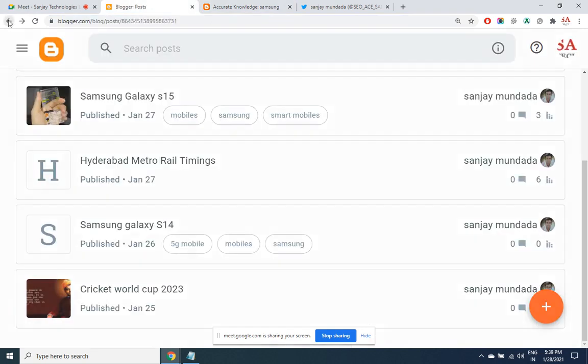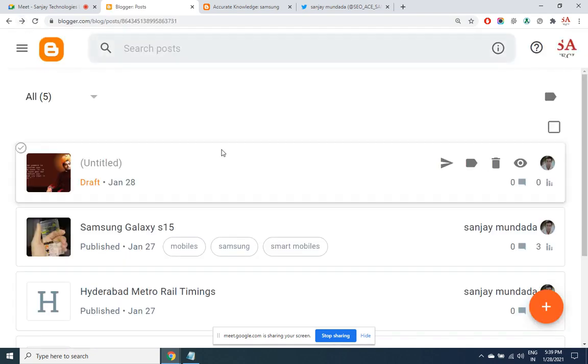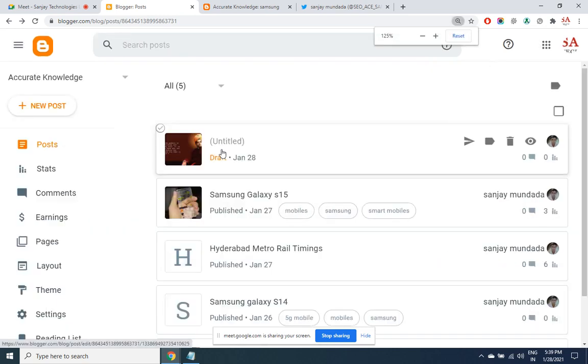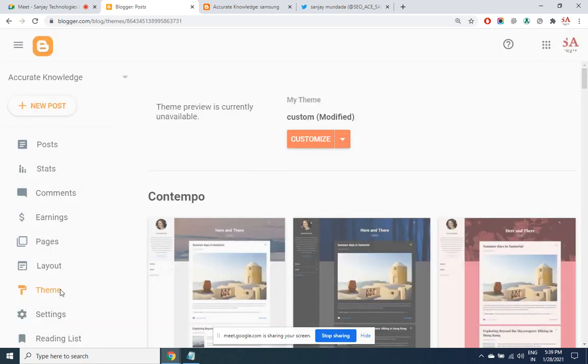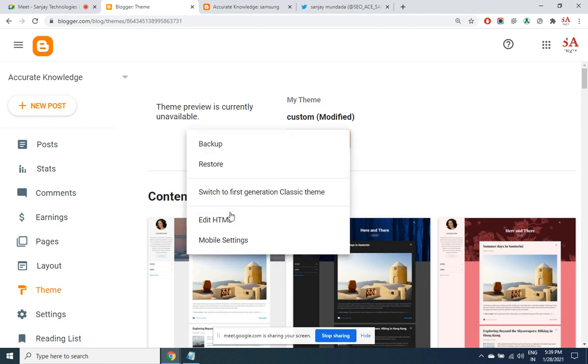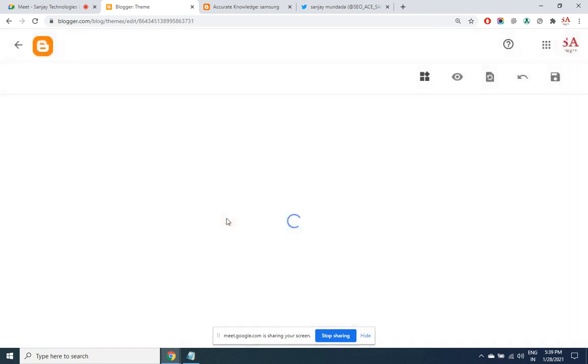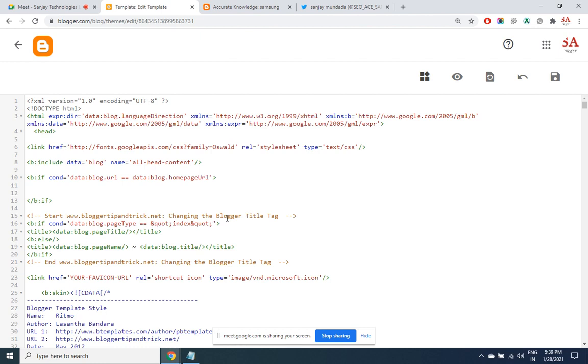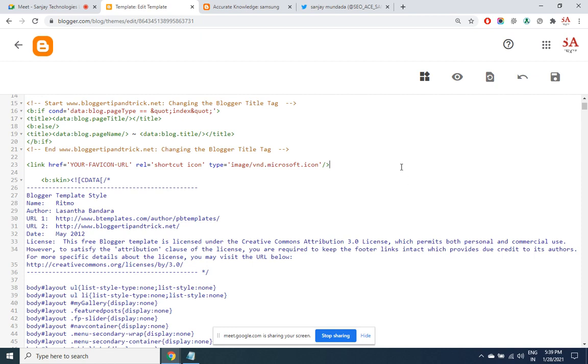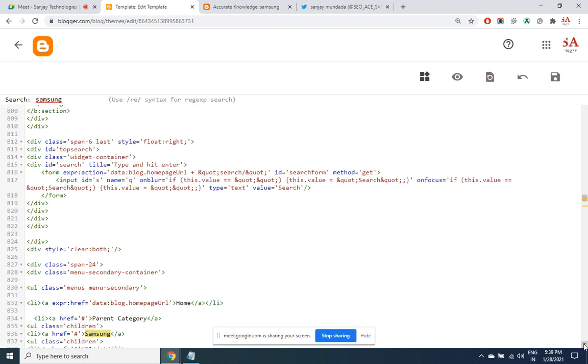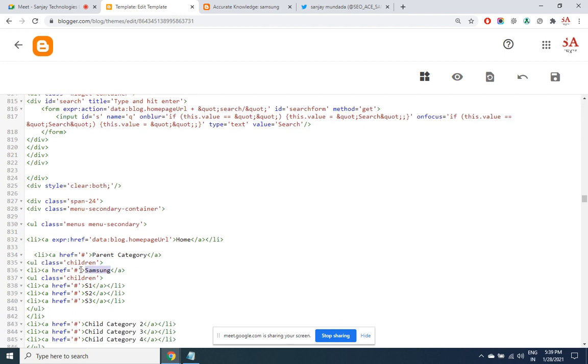I go back to the theme. Edit HTML. So instead of this hash, I replace it with the copied URL.